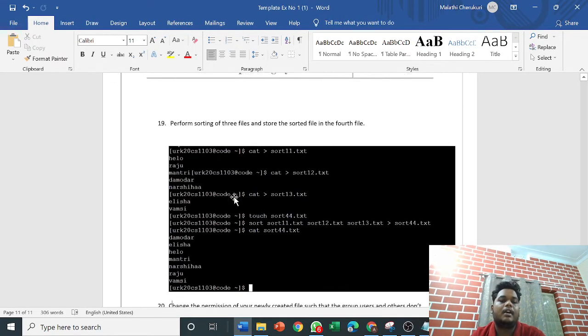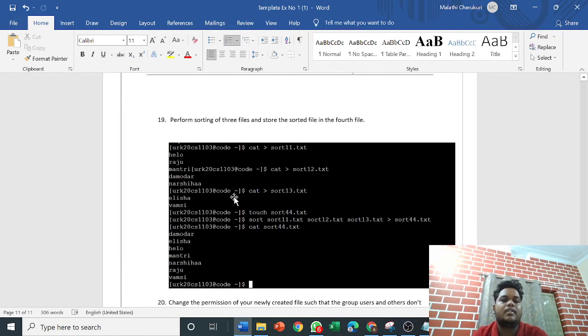And last one, 19th one, we have to sort three files according to alphabetical order. So first thing is I used the cat command. So cat, basically my file name will be short11.txt.